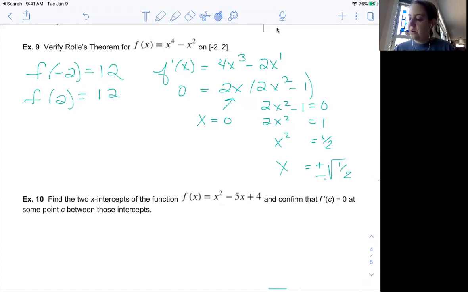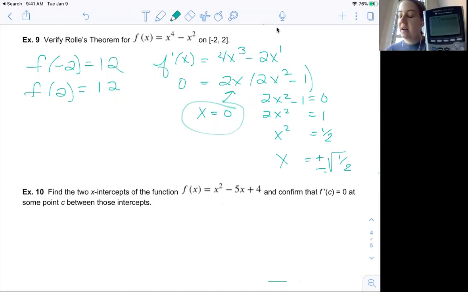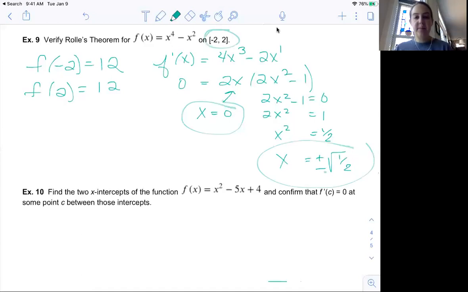Now, I know for certain that 0 is between -2 and 2. Done. We verified Rolle's theorem. But the square root of 1/2, I'm not really sure about that. So I'm going to enter that into my calculator. And I get 0.7. So plus or minus the square root of 1/2, which is plus or minus 0.7. Yes, also on the interval between -2 and 2. So just to verify,